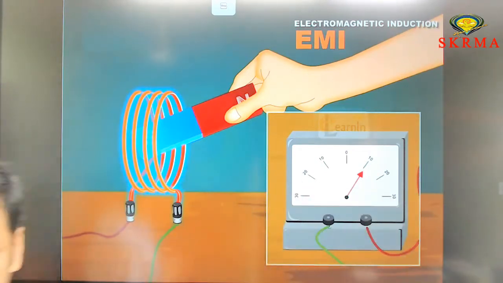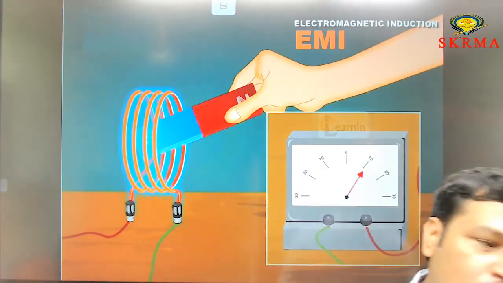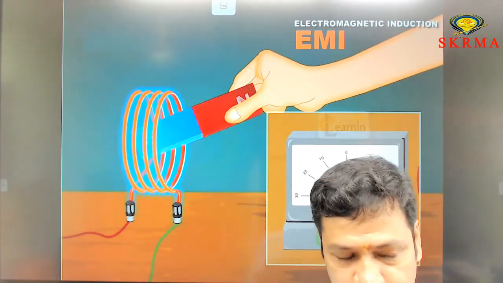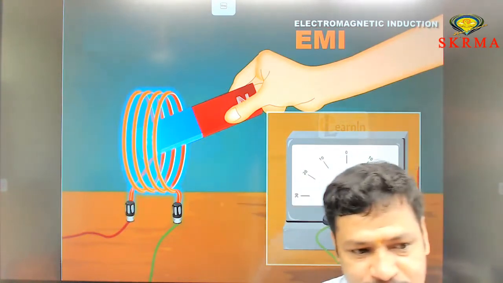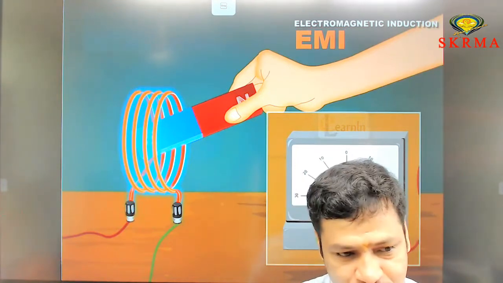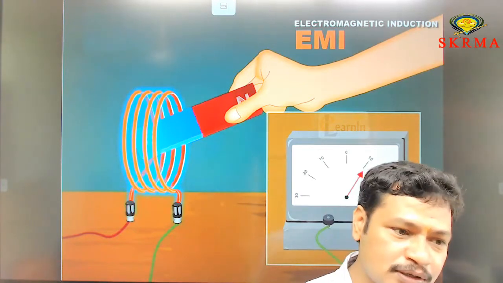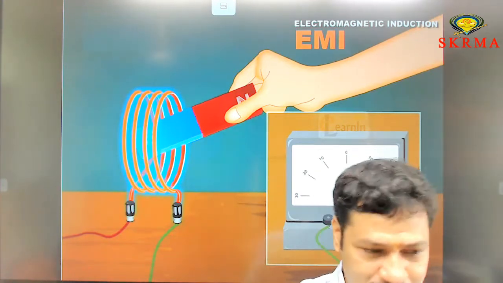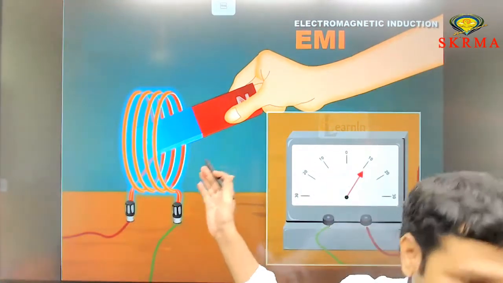Before going to discuss the lesson, we have to learn some basics. What are the basics? If you want to calculate electric field, you have to calculate electric flux, which we discussed in Gauss law. The electric flux is E dot dS. Based upon that, we define Gauss law. In the same way, here also we have to learn about magnetic flux.